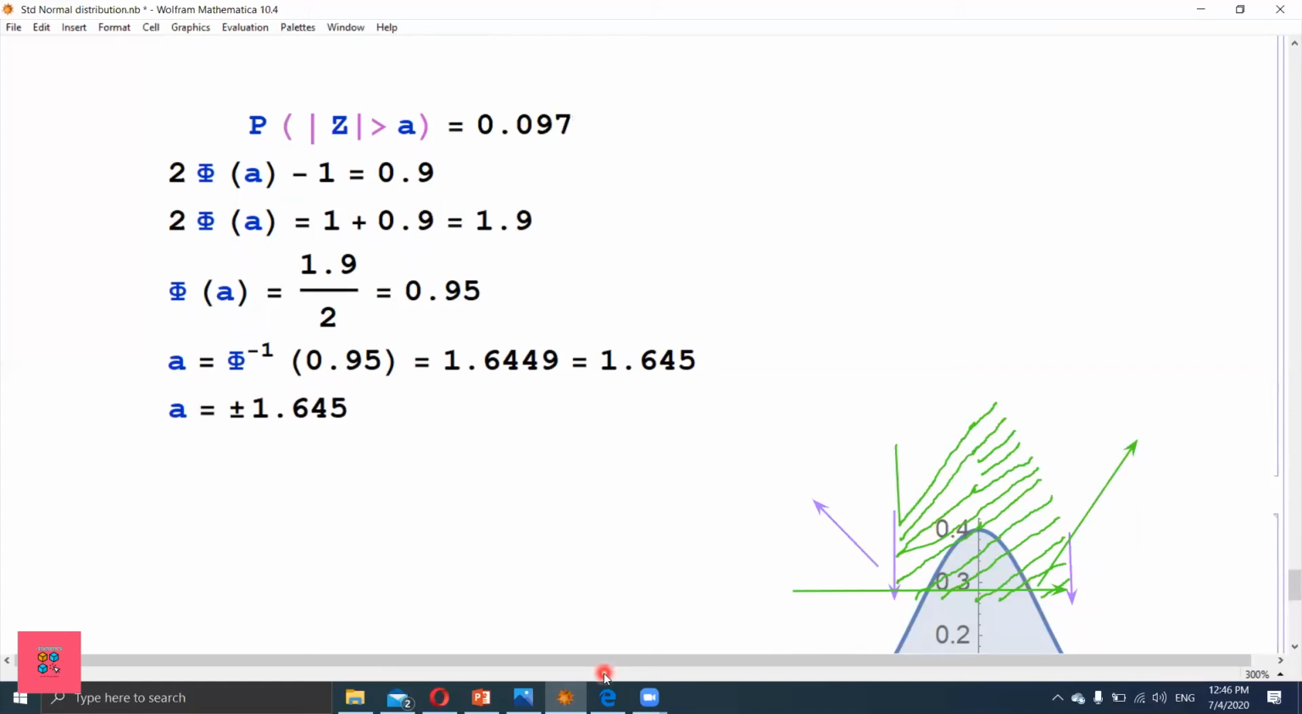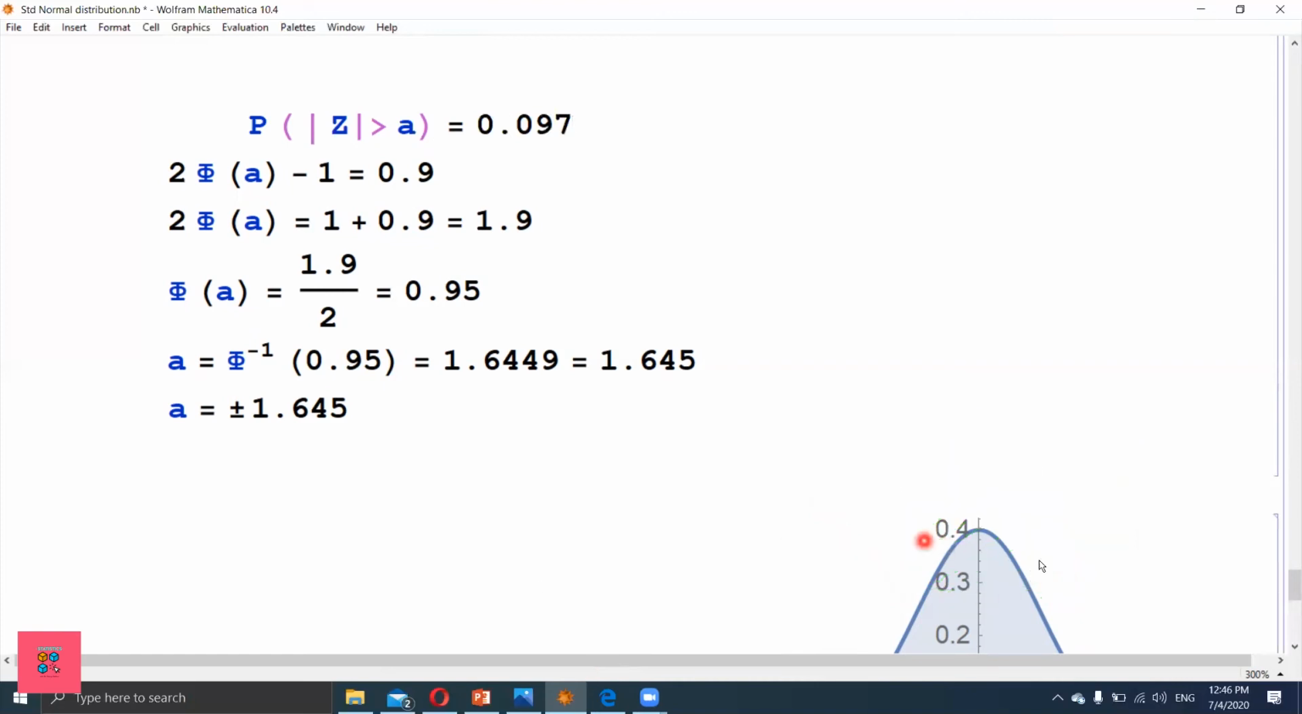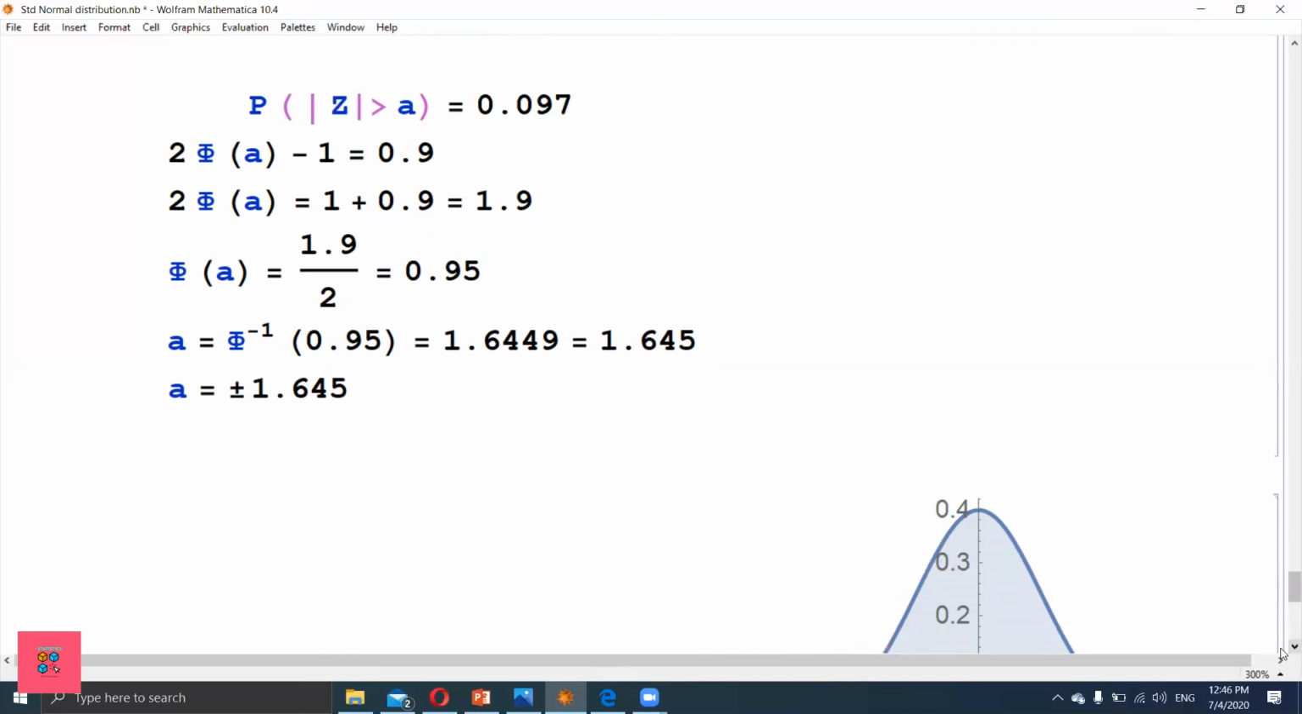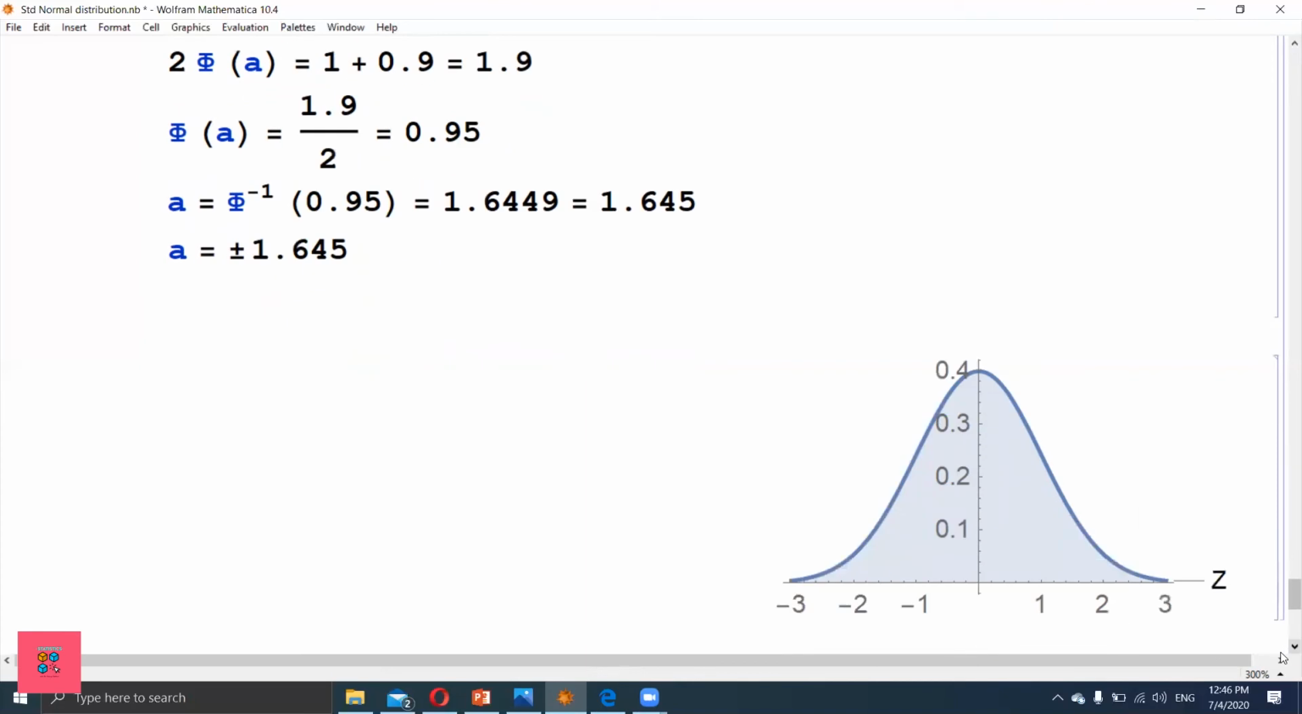This is our standard normal curve, and the area is the probability of modulus z greater than a. Whenever there is a sign of greater, then we must plot the 2 points, one on the right side, one on the left side, and the area beyond these 2 points is considered here as 0.097, because there is a sign of greater. So greater means the area above the point A and the area below the point minus A. Both are